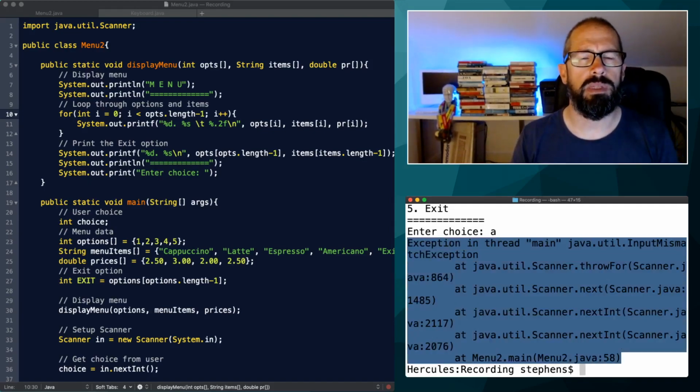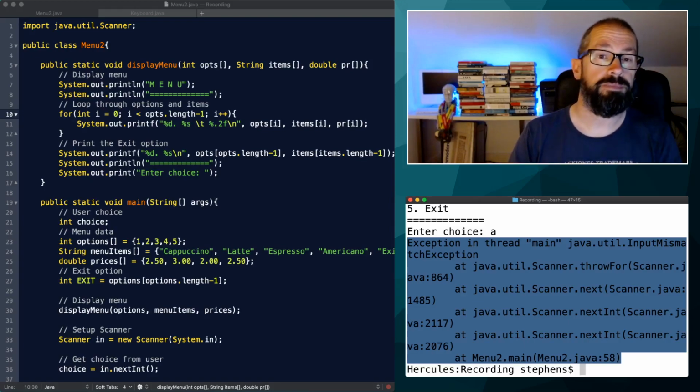So we need to do some user validation, and in a previous video we developed something called a keyboard class, and that keyboard class had inbuilt user input validation, and that's one of the first things that we're going to do with this video. We're going to use the keyboard class to provide some user input validation. So let's go and do that. Okay,